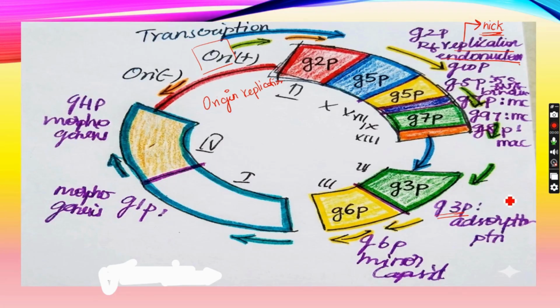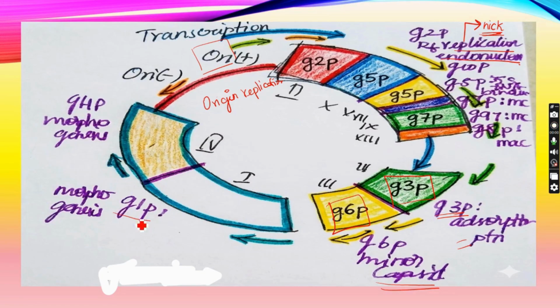Then it's going to be the adsorption protein. The adsorption protein is going to be very important for the adsorption into the host, that is bacteria. The phage gets adsorbed into the bacteria through the adsorption protein. The capsid protein is going to be a covering outside the genome. It's going to be synthesized by G6P genome sequences, where the adsorption protein is going to be synthesized by G3P genomic